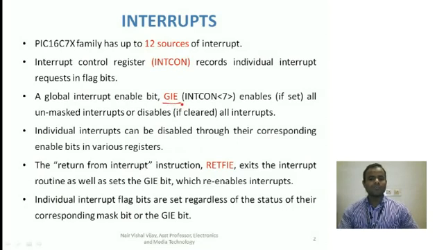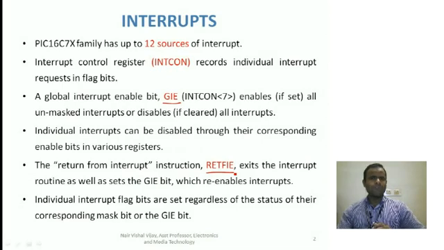Then, as you all know what an interrupt is already, an interrupt will interrupt the normal course of the program and take it to a subroutine, but from the subroutine it should come back to the program from where it left the operation. So to do that, it needs an instruction. That instruction is the return from interrupt instruction, which is used in the subroutine to return to the main course of program after the interrupt has been serviced.